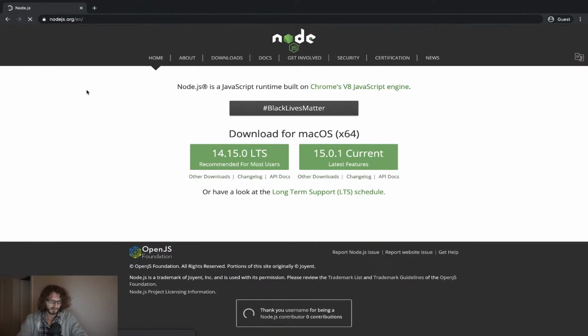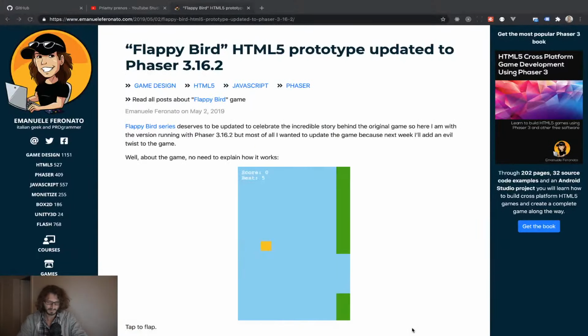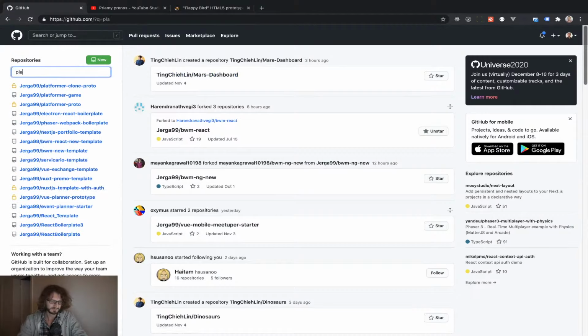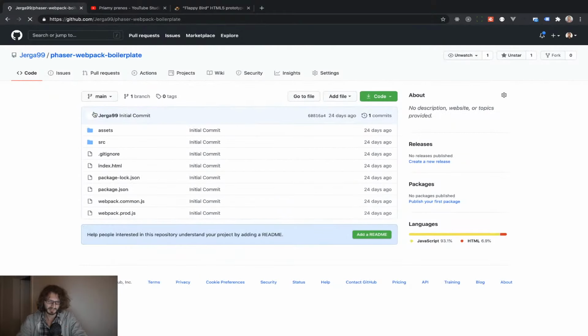All right, so if you have Node.js, we can initialize the project, and you will initialize your project from my GitHub repository. Okay, so here is the GitHub repository. You can find the link. I will show it to you in a second. Okay, phaser webpack boilerplate. So here is the boilerplate code. And yeah, here is the address: yarga99/phaser-webpack-boilerplate. All right, and I will be cloning this, and this is a basic boilerplate